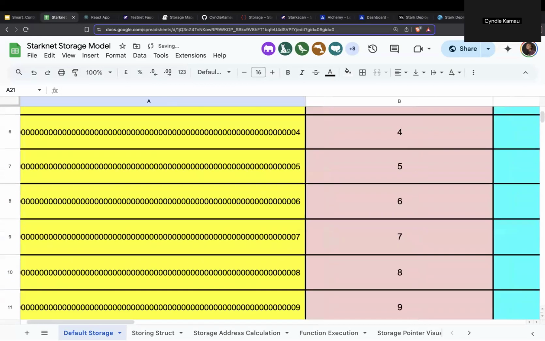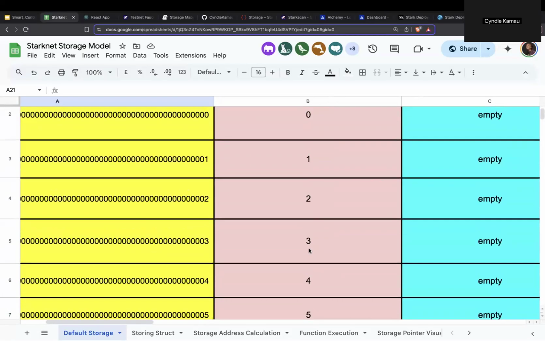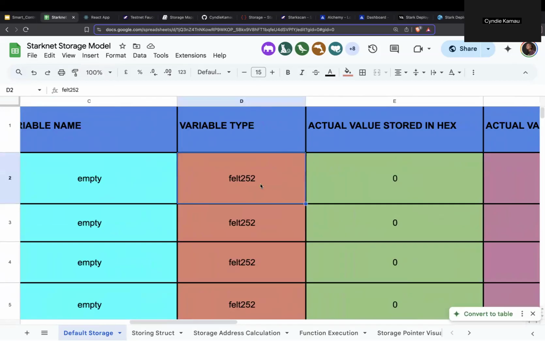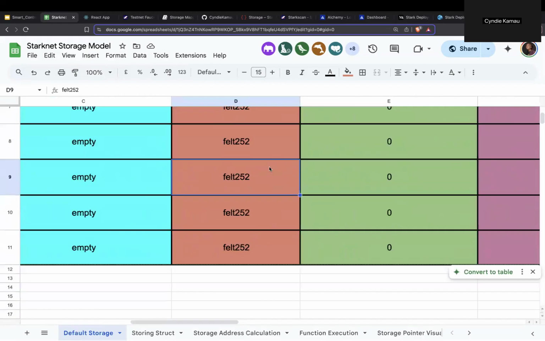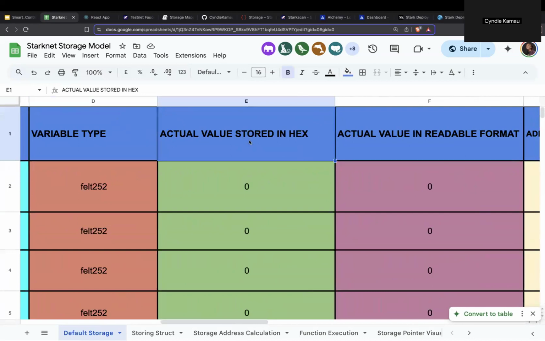So even when you write here, my X is an unsigned integer 32, at least when it comes to the storage, it's converted to felt252. So this is like the default type when it comes to storing on the storage model, okay? So as you've seen, most of the time, even when you're interacting with smart contracts, and even when